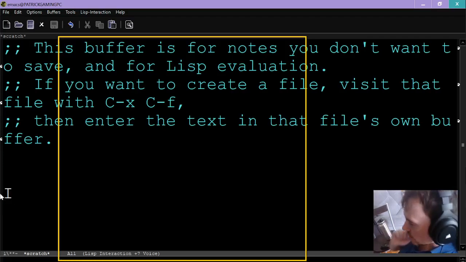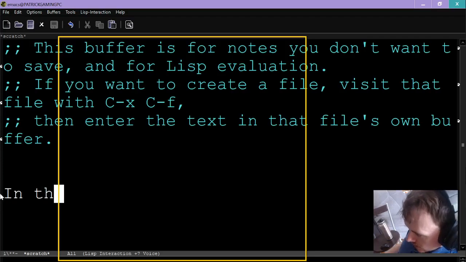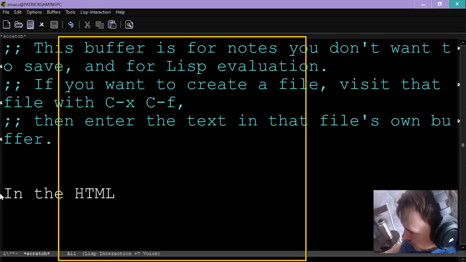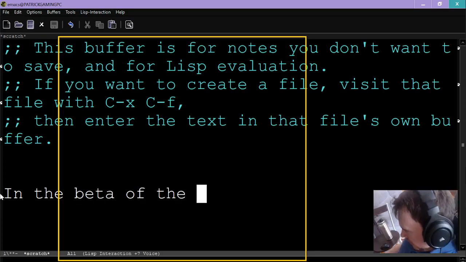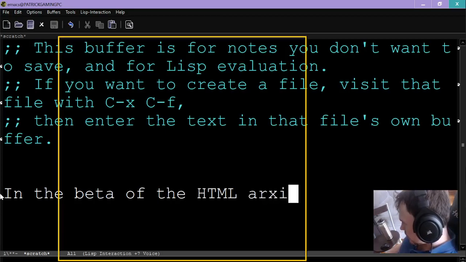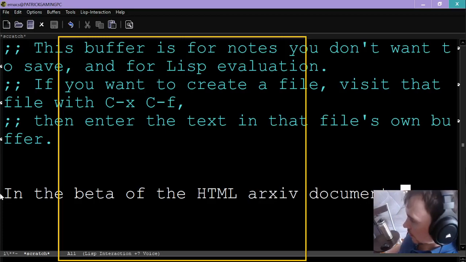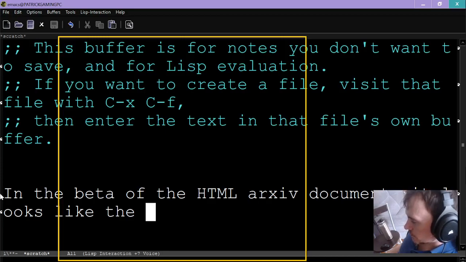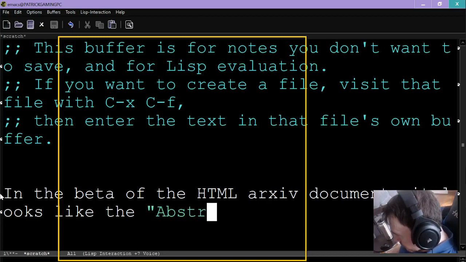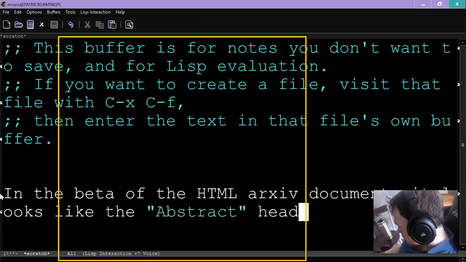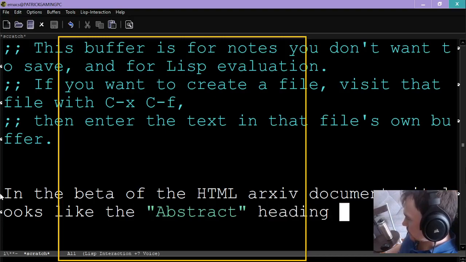Just in case this doesn't go straight to the beta, in the HTML in the beta of the HTML archive document, it looks like the abstract heading, quote, A B S T R A C T, quote, abstract heading after the